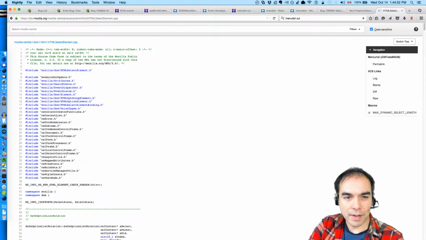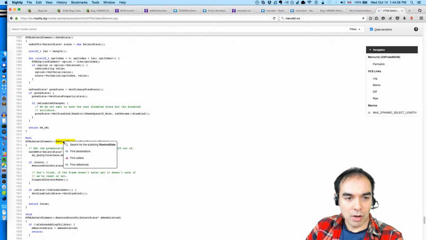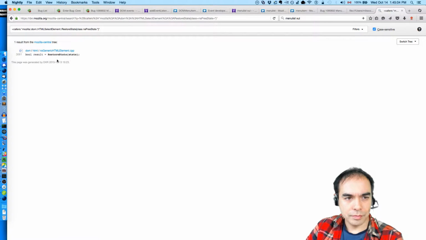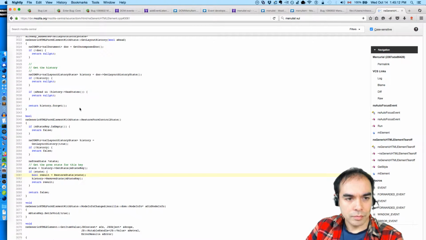I'm just trying to get a really rough idea of all of the mechanisms of the HTML select element. Form control state.